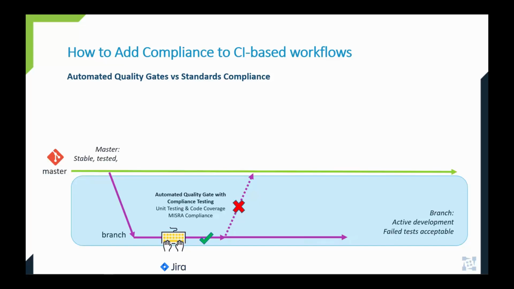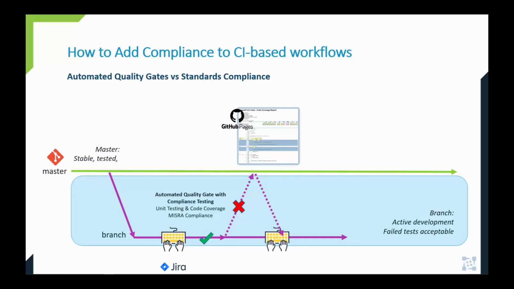Pipeline's execution reports will be published on GitHub Pages, and after a quick analysis of the report, the developer will download pipeline results to local VS Code and use extended reporting features to save time developing missing test cases. After fixing all issues, the developer will push the code back to GitHub and the pipeline will be re-executed. The quality and compliance gate will open this time and the developer will merge the code with the